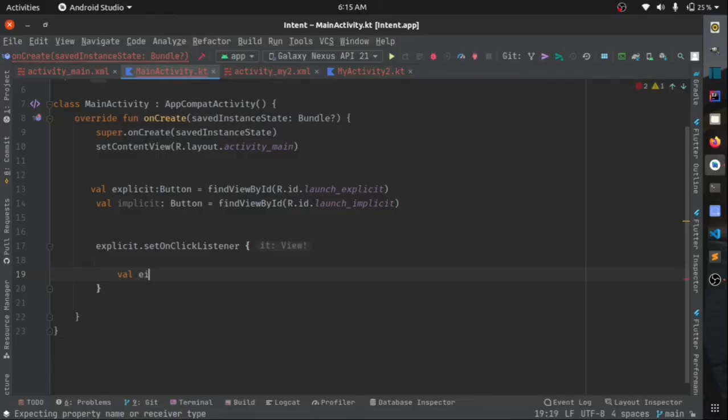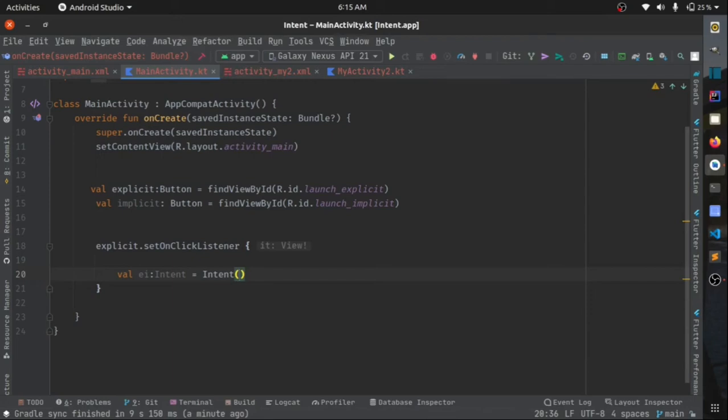Explicit intent will be an Intent, and we'll create it with its constructor. You can also use methods such as setAction, setComponentName, setClassName, etc. But you can use these two.